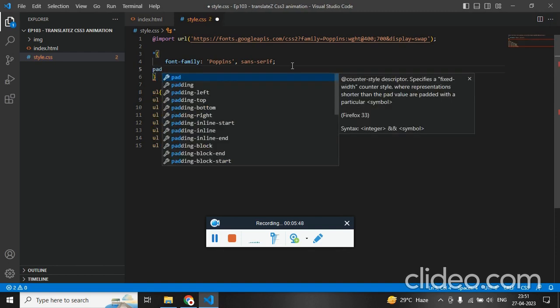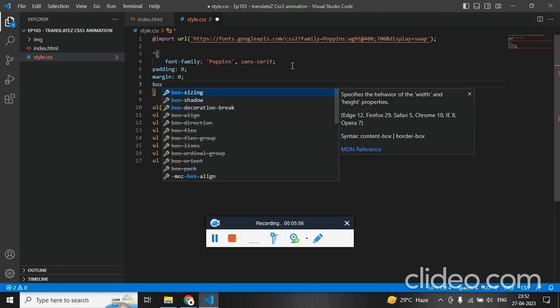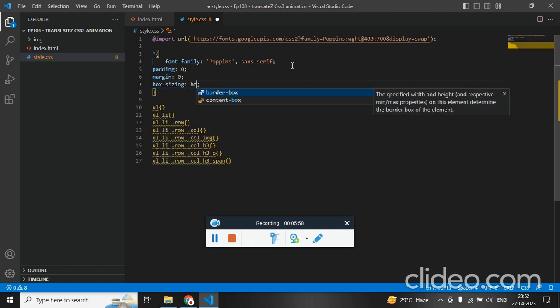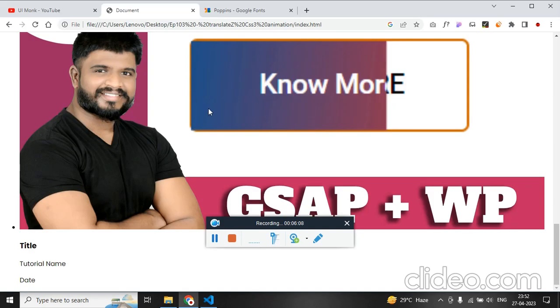So for all elements, let me remove the padding, and for all elements, let me remove the margin, and I want the width to be calculated excluding the margin and padding. That's why we write box-sizing: border-box. Now again, as I have already mentioned,